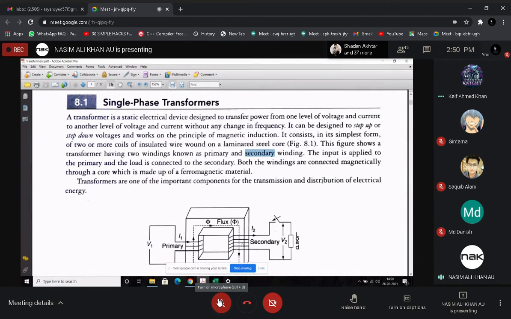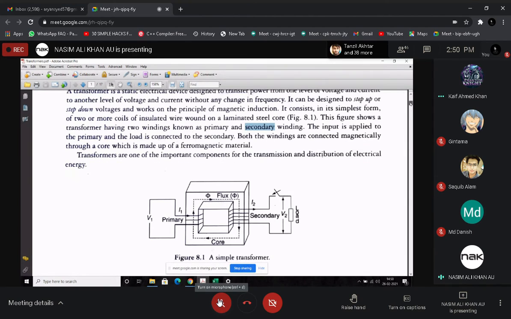So what are the parameters we got? Primary side, primary voltage, primary current, and primary windings: V1, I1, N1 in the case of primary side. Now come to the secondary side. Same thing we'll get. Secondary side voltage is V2, current is I2, and number of winding is N2. अब ट्रांसफॉर्मर कैसे काम करता है, ये हम लोग को अभी यहाँ से बोलना है।